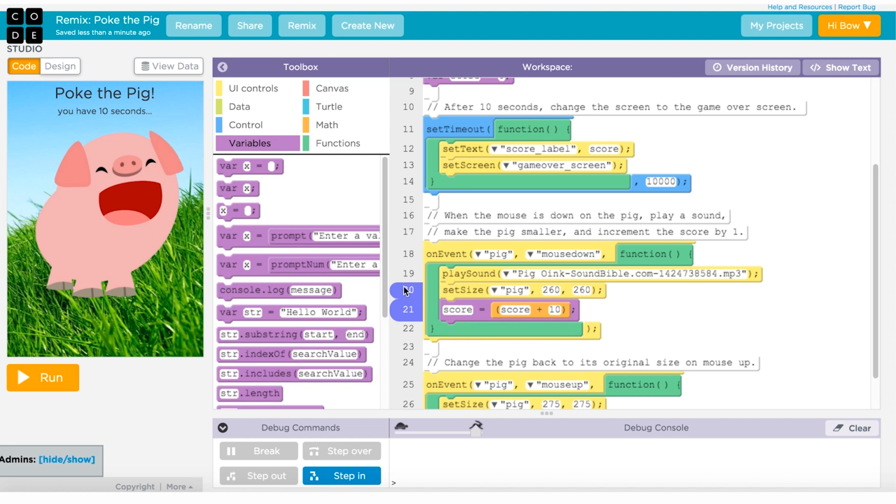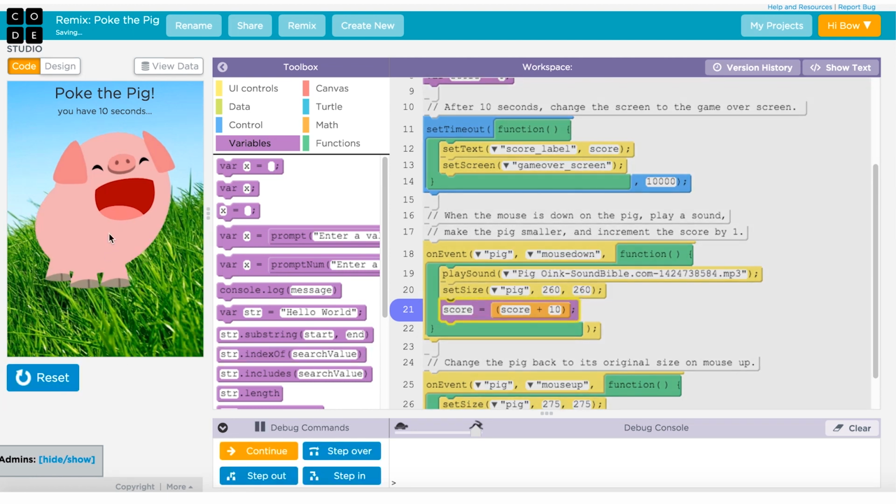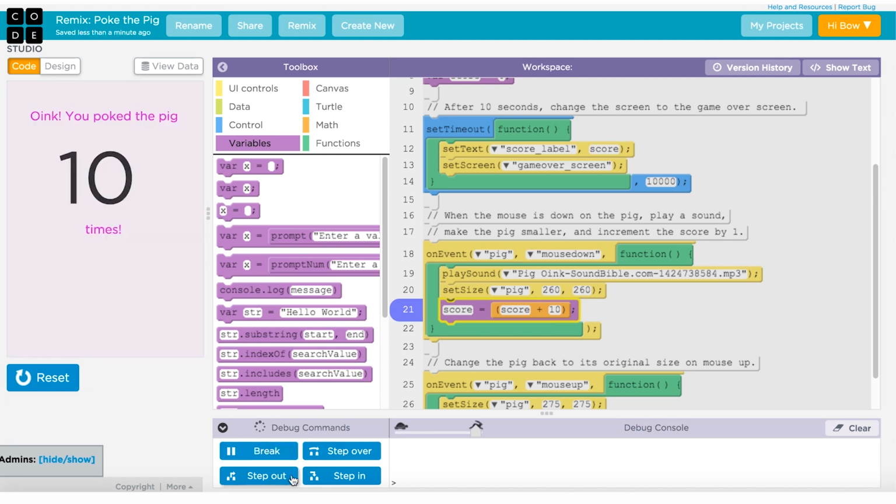You can set breakpoints on any point just by clicking on it, and you get this little blue highlight. That means that the code is going to stop there when I hit run. So here I'm going to hit run, and when I click on the pig, I can see that my breakpoint is now highlighted, and down in my debugger, I can see that I can hit continue to keep running. I can hit step over to step over this line and go on to the next line, step out or